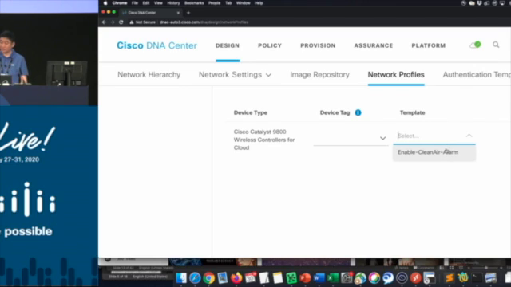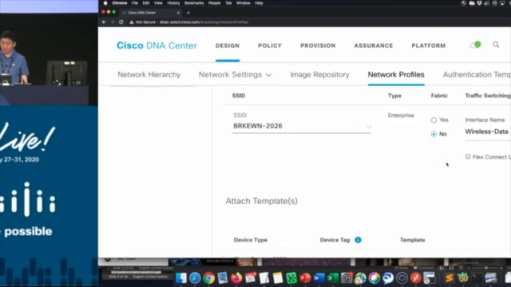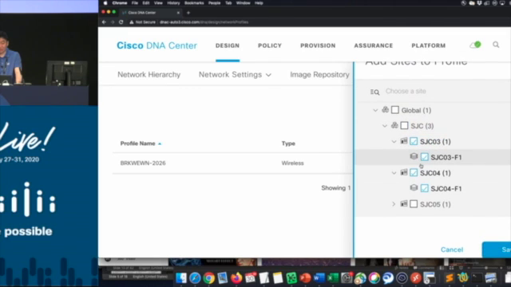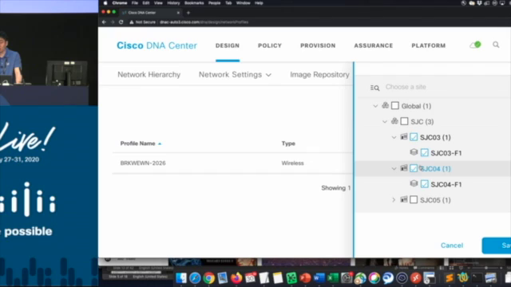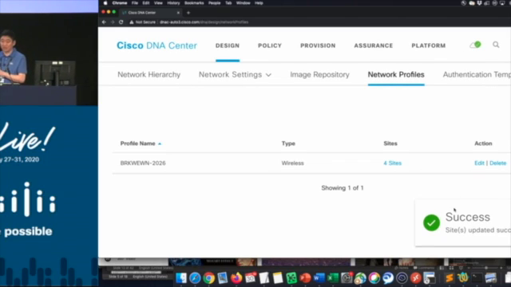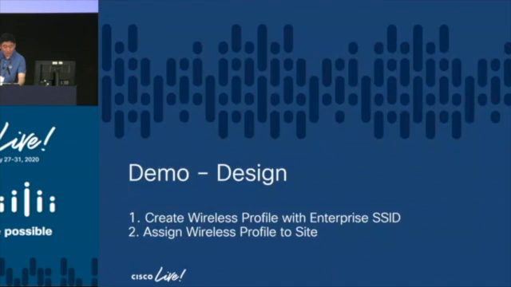Now I pre-created a template here for this session. It's called BRK-EWN, right? And under that, I create a new template. Essentially, in this new template I want to enable continuous transmitter traps for CleanAir. But right now, DNA Center doesn't give me that capability. So what I do is create the CLI template. Then there are 2 fields I need to talk about. One important field is device type. The device type on the template is essentially defined as a sort of filter, right? So that means